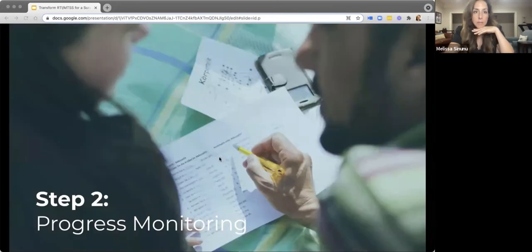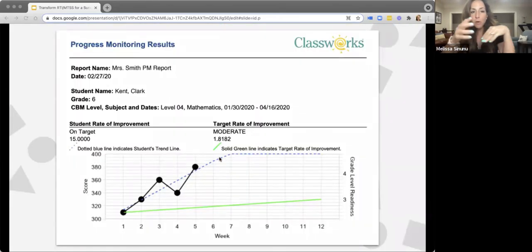So next, as we previously mentioned, once a student has been determined to need tier 2 or tier 3 services, we want to progress monitor them to make sure they are responding to the intervention. So we're all familiar with the graph associated with progress monitoring. The reason we graph this data is to track how effective the intervention is through a measure like weekly progress monitoring. Then, if a student isn't responding to the intervention, it also shows up on the graph.